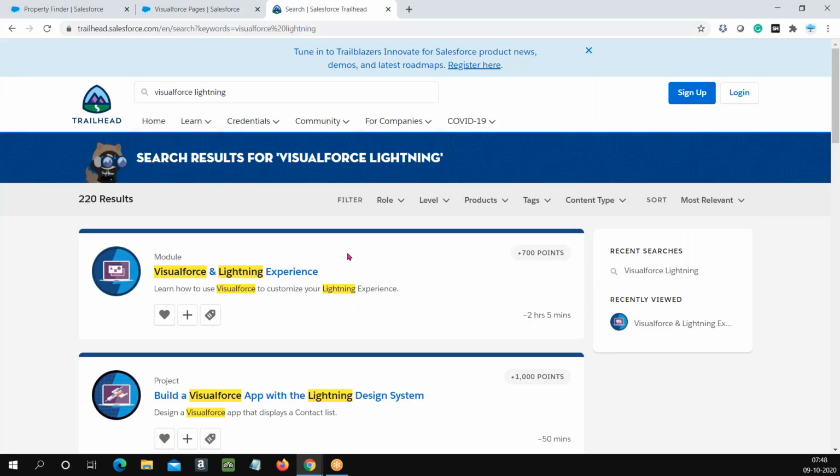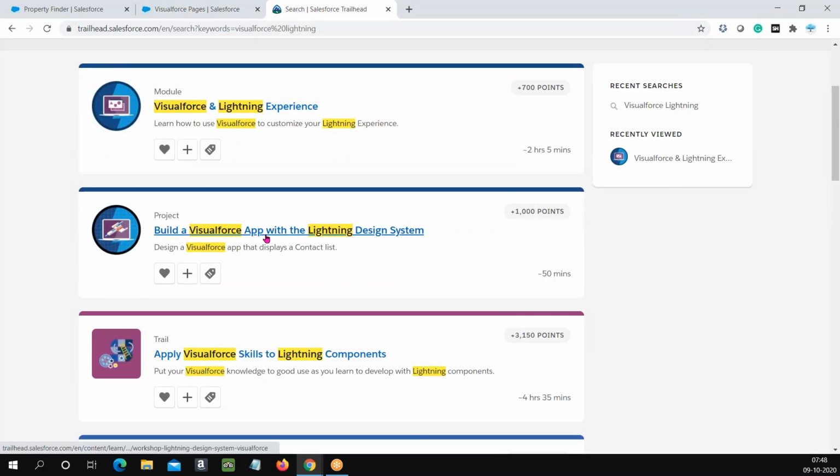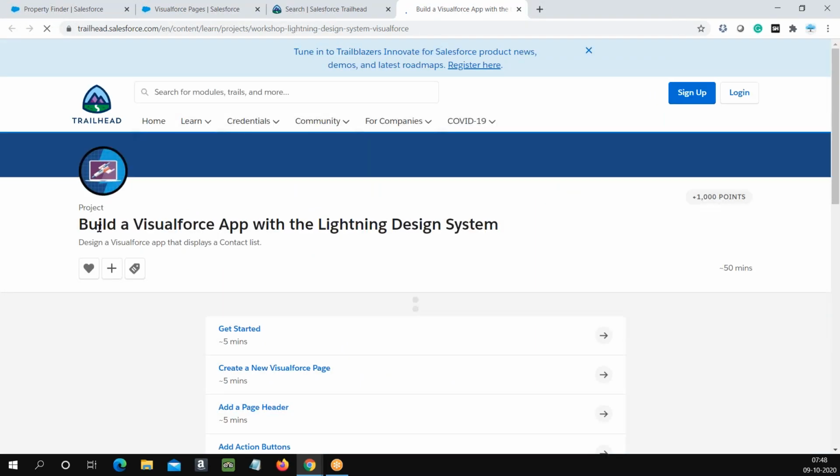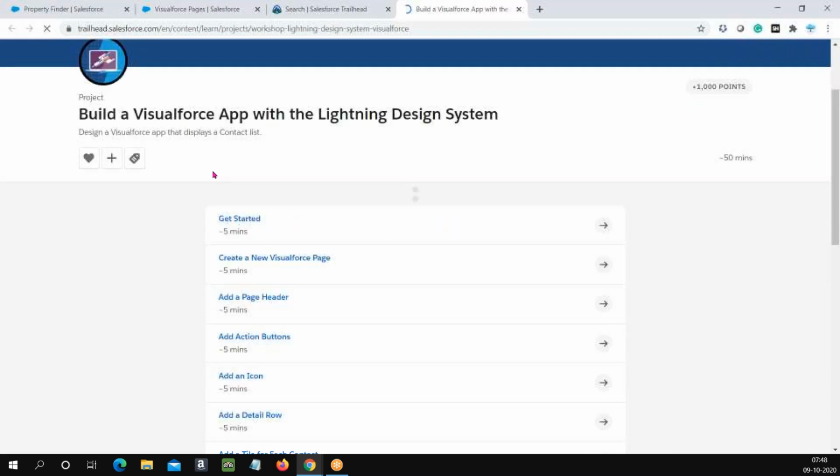Okay, so Lightning Experience: build a Lightning app with the Lightning Design System. This is one you can recruit for, because there are some projects where the old customers keep everything in Classic, but now they would like to display it in Lightning as well. So you should know how to build your Visualforce page to run in a Lightning app,